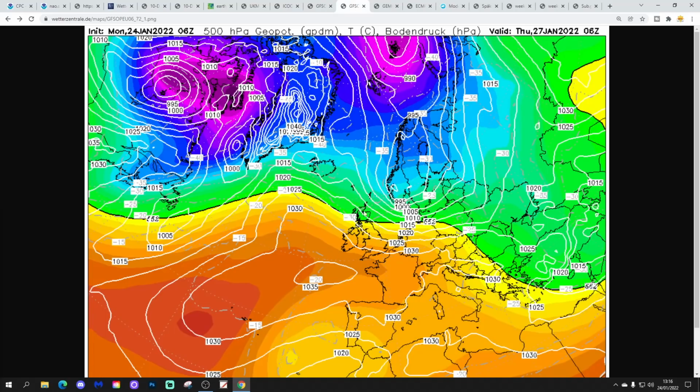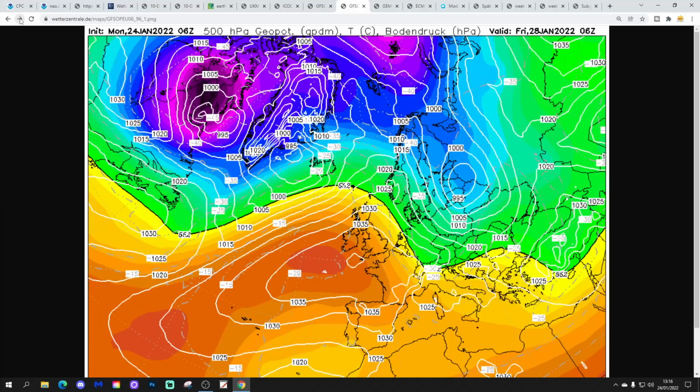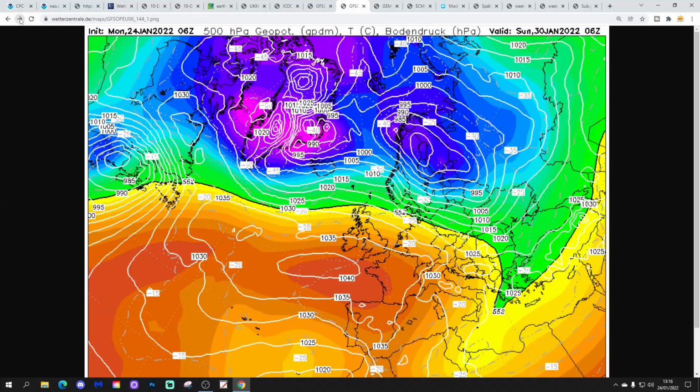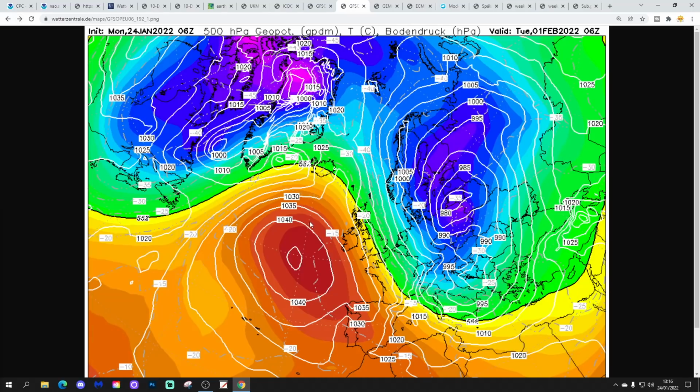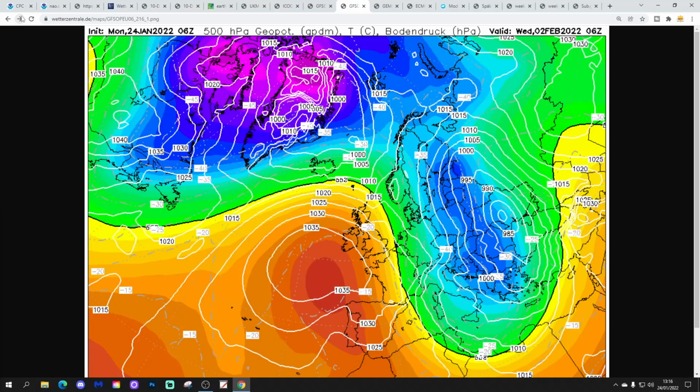GFS 6Z, again, with winds in from the west and northwest as we go to the weekend, high pressure close to the country as well. Early next week, the high pressure just pulls out enough into the Atlantic to have something a little bit cold move in from the northwest. The winds do tilt just about into the north on the 1st of February. And again, most parts of Europe are seeing a big old northerly plunge, taking snow all the way down towards the Mediterranean. We're just on the edge of it. We just get into it, though, from the 1st of February.